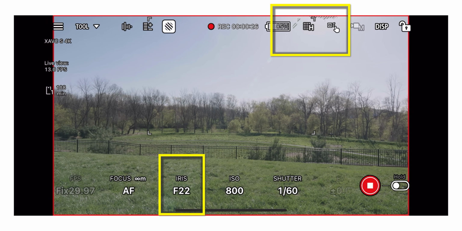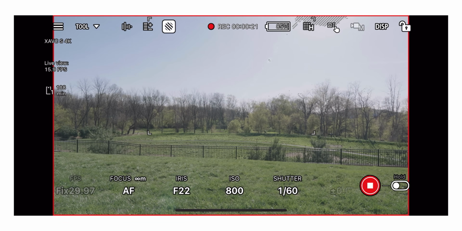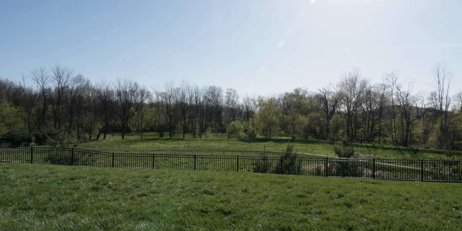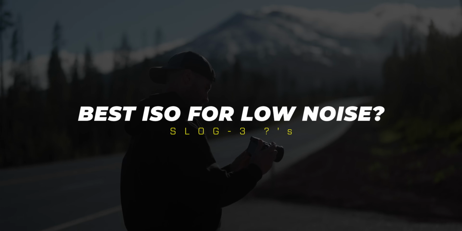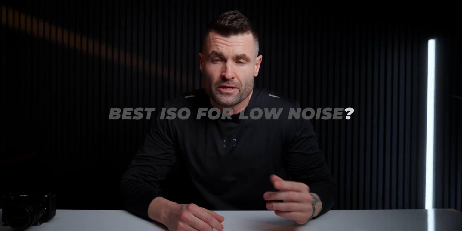So we're kind of working in the opposite direction versus the crash course, but doing the exact same thing ultimately: to just have zebras barely on our target of 94 for the brightest highlight in this scene, and that will be our exposure. Let's talk about ISO noise, because nothing ruins a great shot like some digital grain creeping into